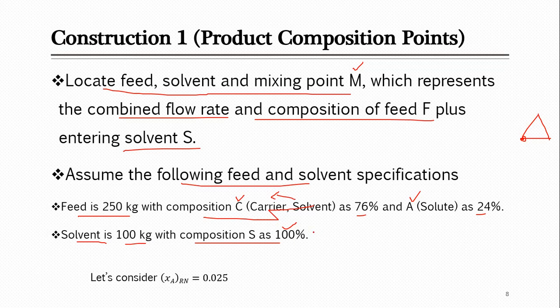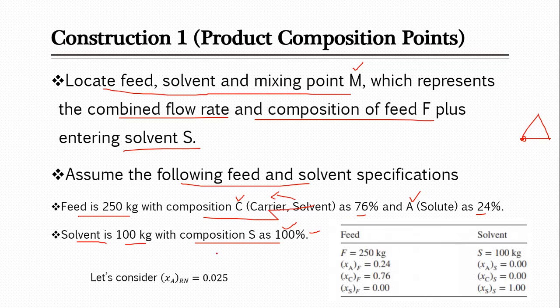So just look at a few examples, like you have 95% solvent and 5% of these components, where S will be located, for practice actually. And then here you can see its composition, and the same stuff which is given overall in the form of mole fraction, mass fraction is given here. Feed is 250 kg and its 24% is your solute, which is represented with A.